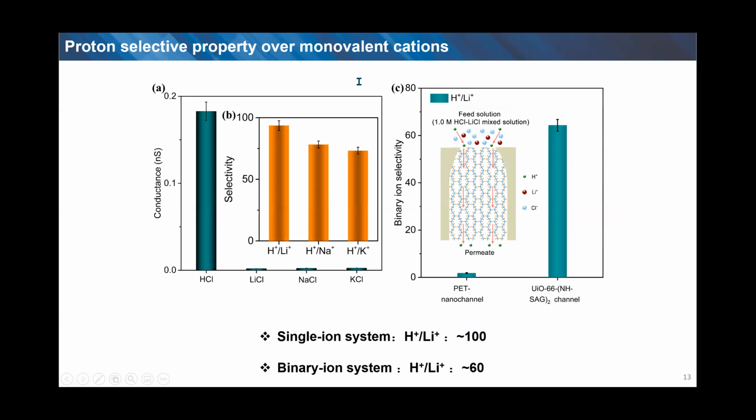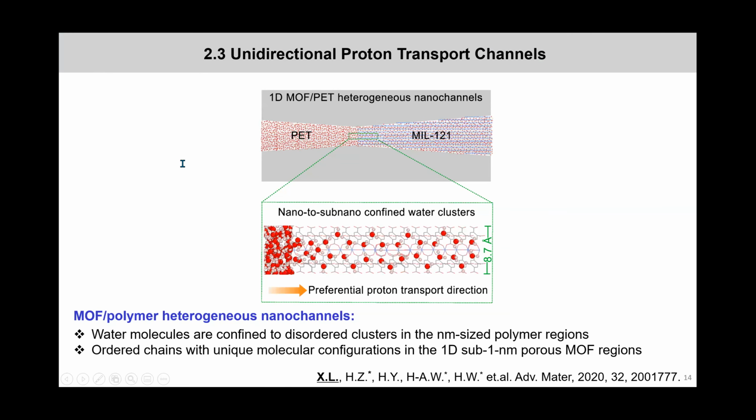And the selectivity for proton over other monovalent cations is also studied. In the single ion system and binary ion system, we can see the sulfonated MOF channel shows a high selectivity for proton over lithium. Then, in order to control the proton transport direction, a MOF polymer heterogeneous channel was prepared, where the